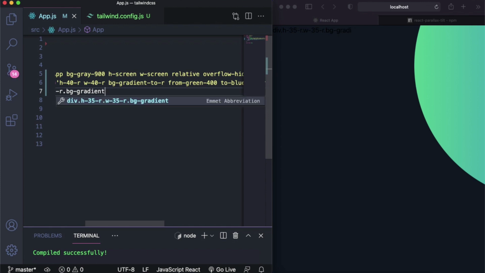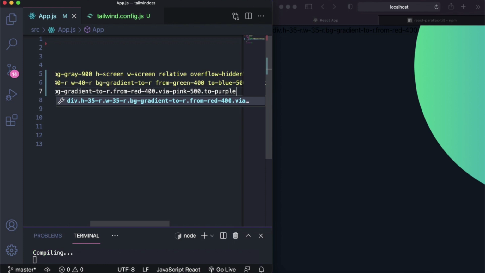Just going to have a bg gradient to right from red 400 via pink 500 to purple 500,